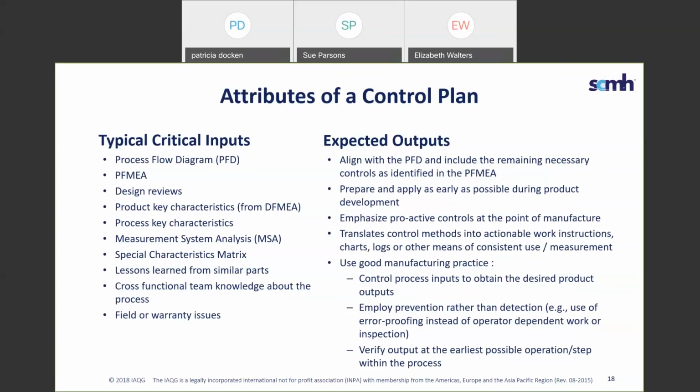And remember, we want to control and minimize variation for the process inputs so that we reduce variation on the required product outputs. We want to use error proofing as much as we can to prevent defects from occurring. And we want to use mistake proofing as much as we can to detect any defects and keep them from being passed on. And then, of course, just to establish our controls and verify our outputs as far upstream as possible in the spirit of no surprises. Next.